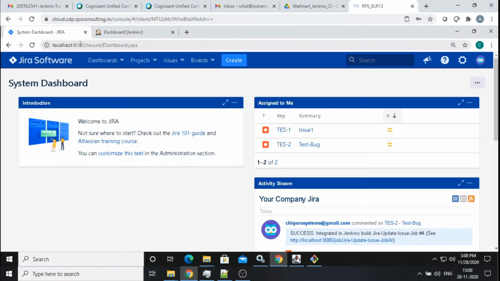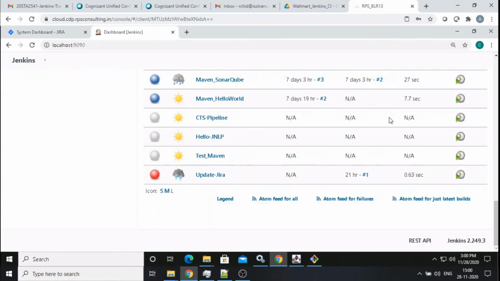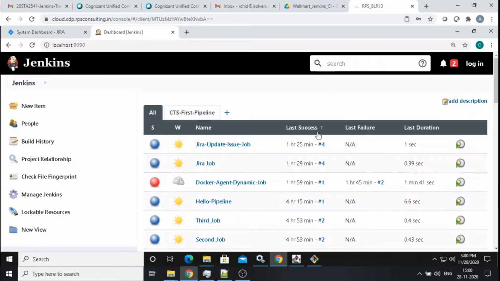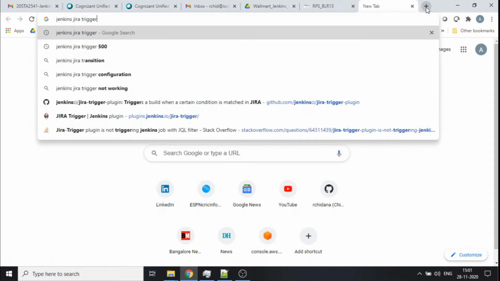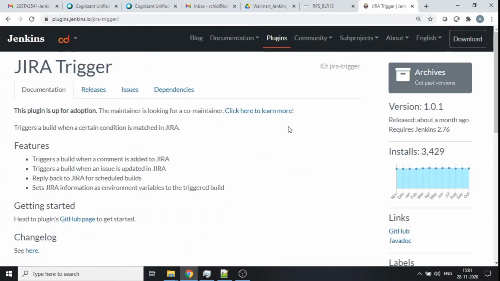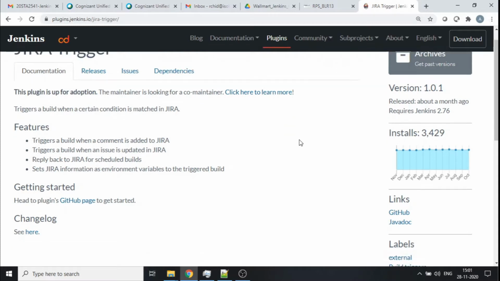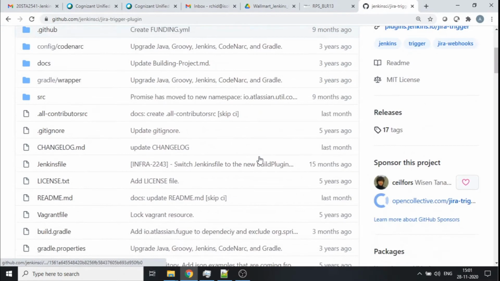This is running on localhost 8080. On the same box, I also have Jenkins installed. The Jenkins version is 2.249.3. So first and foremost, let me showcase a trigger plugin. So there's a plugin Jenkins Jira trigger. Now this is the plugin that I plan to use, which will enable a build to be triggered using a webhook mechanism. There's a pretty bit of information available on this page, and also there is some information about this